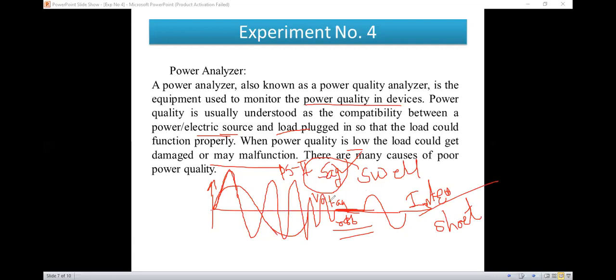This is nothing but an interruption. So these are the sag, swell. Sag कधी happen होतो बघा, तुम्हाला माहित असेल, voltage fluctuation in your home also. If you are using an incandescent lamp, then if there is a voltage fluctuation, it is suddenly noticed. Voltage fluctuation आपल्याला लगेच दिसतं if an incandescent bulb is used. So if the voltage goes high, your bulb intensity increases suddenly. If the voltage intensity increases for a longer time, at that situation our equipment may be damaged. If your TV is there, it may be damaged at that condition. That means it is the sag or swell concept, under voltage, over voltage.